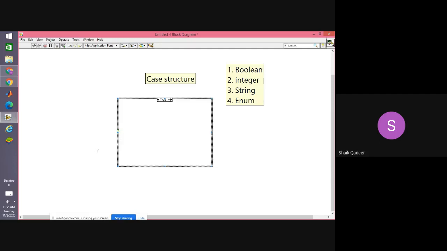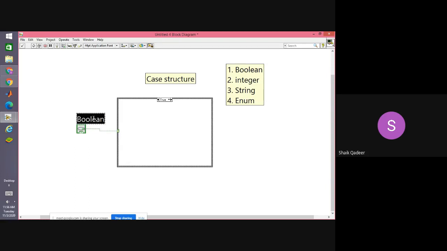We all know that the data type of Boolean is green color. Now I'm showing you an example of Boolean case structure. In order to implement Boolean case structure, we need to right click over here, create control. You see, automatically a Boolean control is coming.